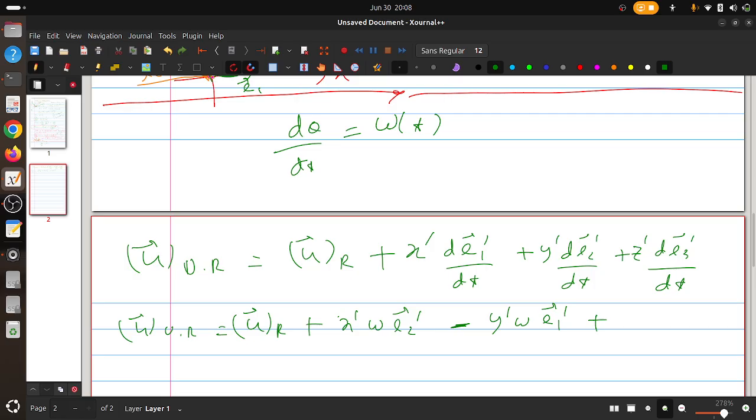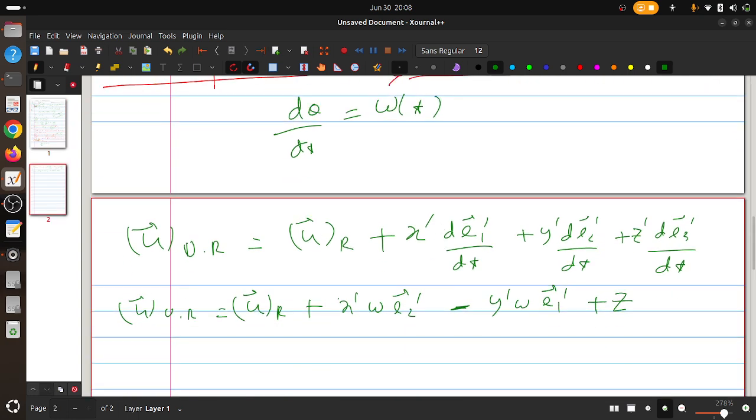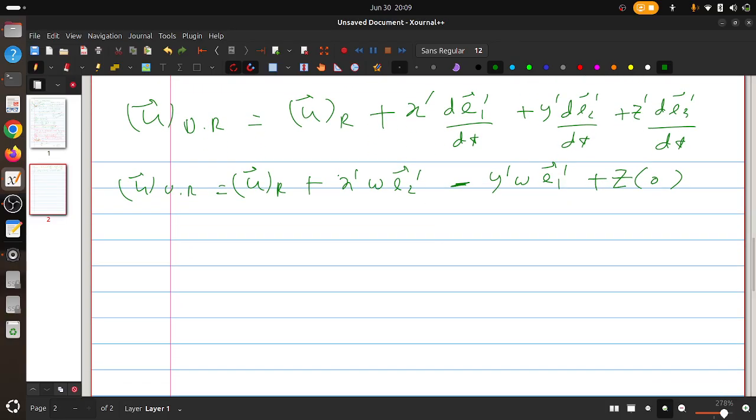Now the z-axis, assume they are coinciding, so it would be simply dz here and de3 prime over dt, because e3 prime is equal to e3 since they are overlapping. So anyways, e3 is not changing, hence this is just 0. The last term doesn't contribute. So this goes to basically 0. So the non-rotating frame is equal to this rotating frame plus